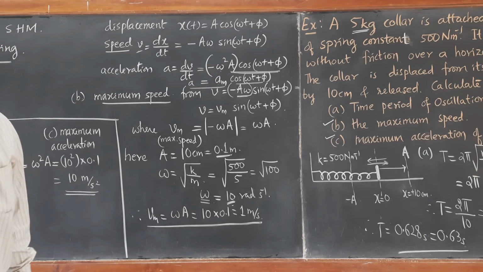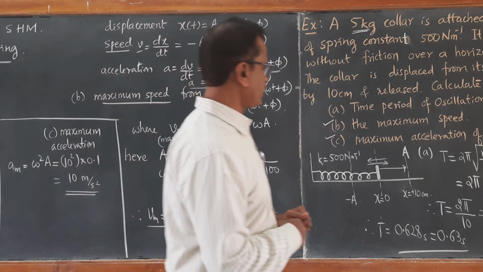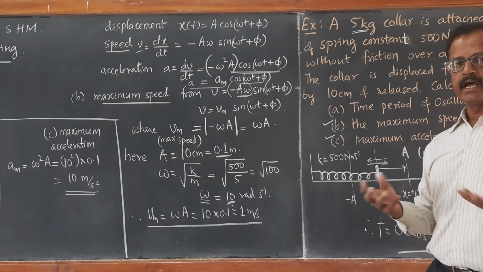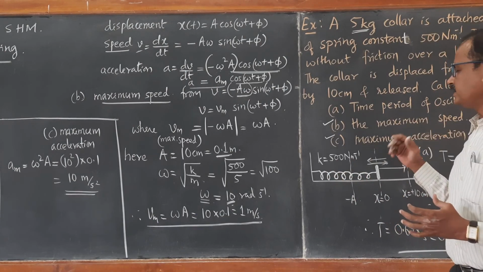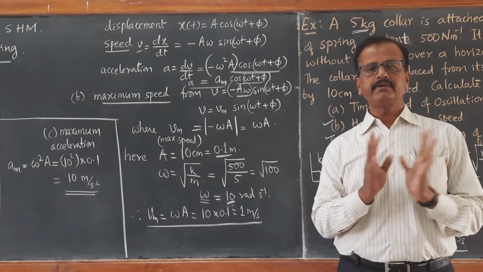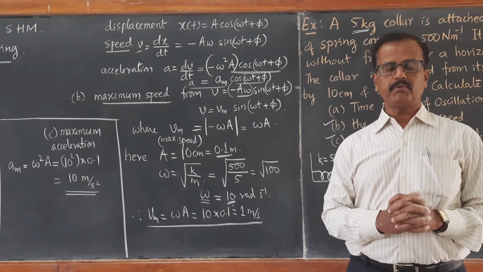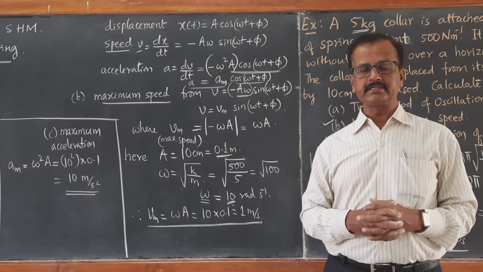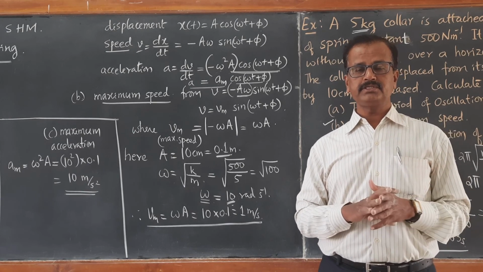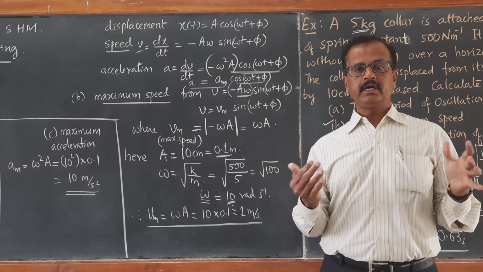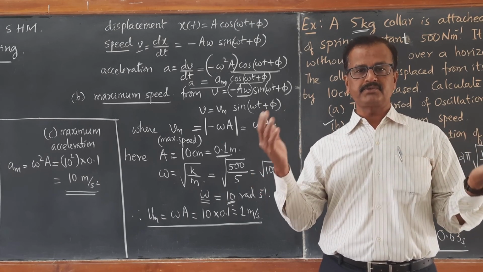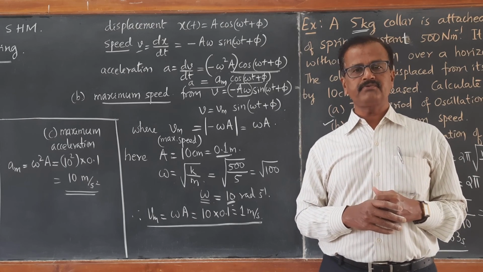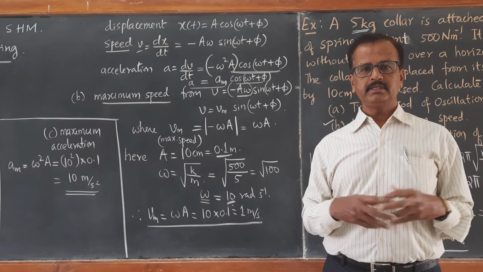So this is how we need to solve for the time period, the frequency, the angular frequency, then the maximum speed and maximum acceleration using the given equations. Tomorrow we will solve one more problem on the calculation of the energies of oscillating springs, which we already discussed: kinetic energy, potential energy, and the energy curves, energy with respect to time and energy with respect to displacement. We have drawn the curves. Using those equations, we will be able to solve for energy values. That we will do in the next video.